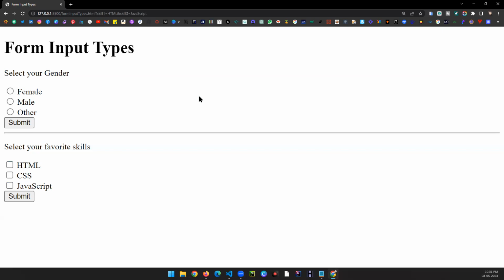When we will be analyzing our data, you can prioritize all the skills, like HTML on top. Below that, priority number 2 we can set as CSS. Priority number 3 we can set as JavaScript. Suppose anybody is selecting HTML and JavaScript only and submitting that, then you will be getting skill 1 and skill 2. Depending upon the data, whatever you receive, suppose you received 100 data or 1000 data, 10,000 data or something like that,